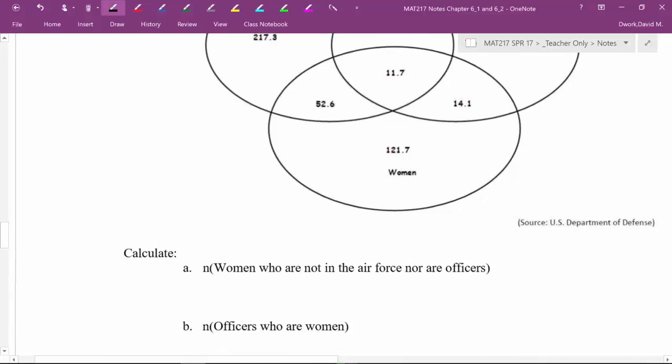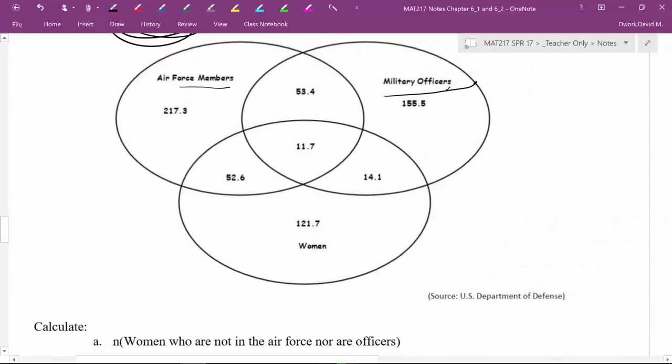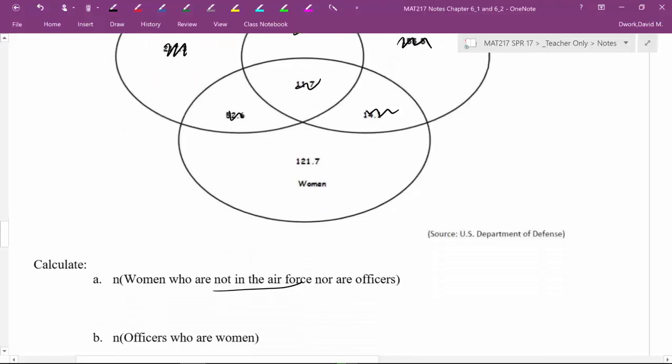Okay, so this notation, N with a parenthesis. What I'm asking you is, how many women are there who are not in the Air Force nor are officers? So if they're not in the Air Force, we're throwing out everybody who is. You, and you. And they are not officers as well, so throw you out, throw you out. So therefore that leaves us with